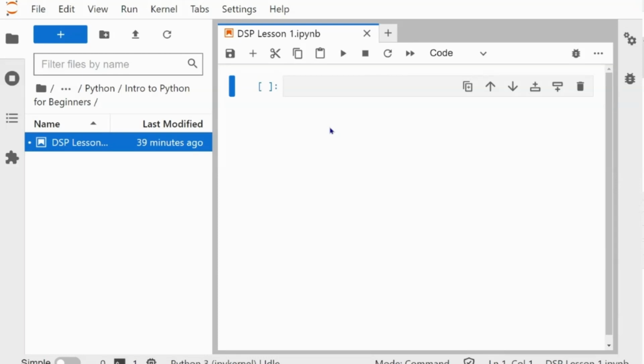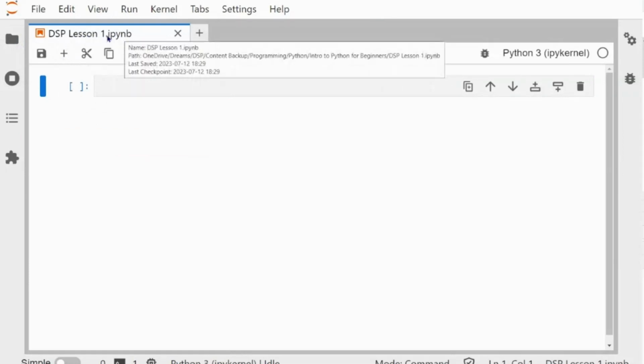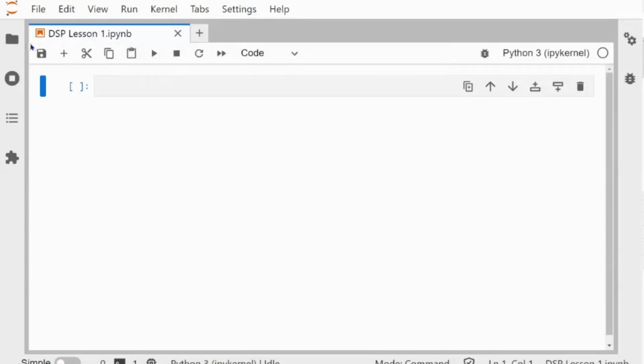So that being said, we're going to give our notebook a little more room by hiding the left navigation bar. To do that, we're going to navigate to the top left section and click on that folder icon. There we go, we've got more room. So looking at our notebook, at the top, we've got the notebook name, and we learned in the previous video how to rename this. Under the notebook title, you've got the taskbar with different icons that do different things. So we're going to learn what most of these do in this video.